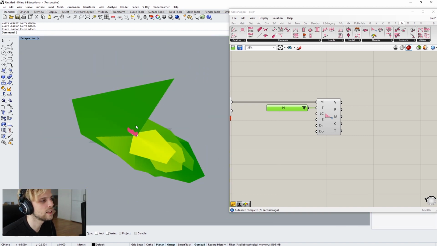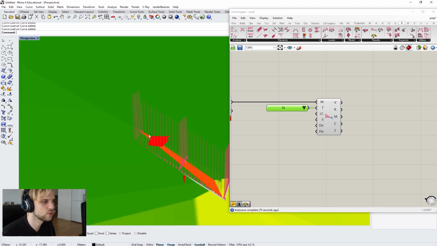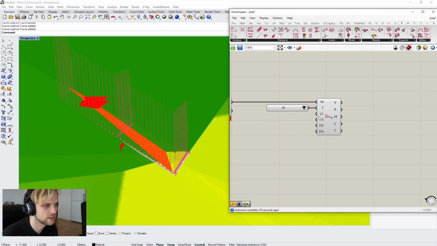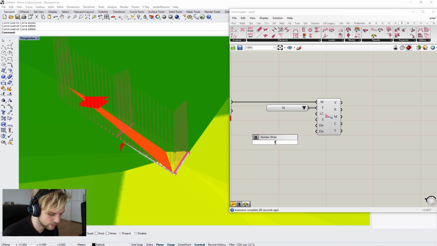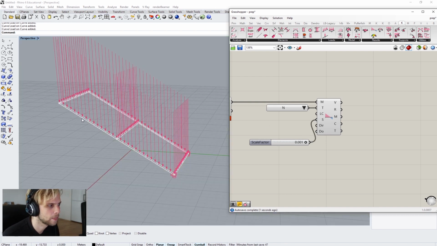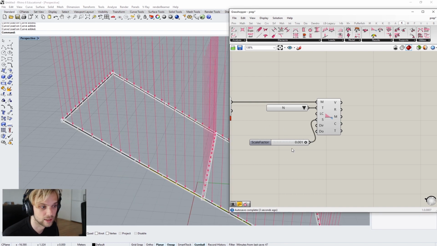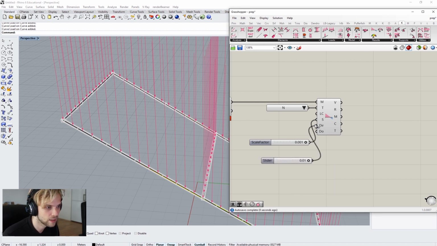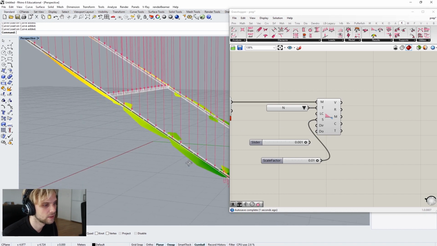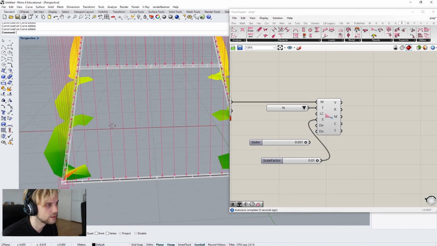Okay, but you can see that the output is super big. So we need to scale it down, right? And to scale it down, we apply a scale factor, and right now it's a scale factor of 1. So I need to say 0.001, something like that, and connect it. That might have been a little bit too small of a number, 0.01. There we go. So now you can see